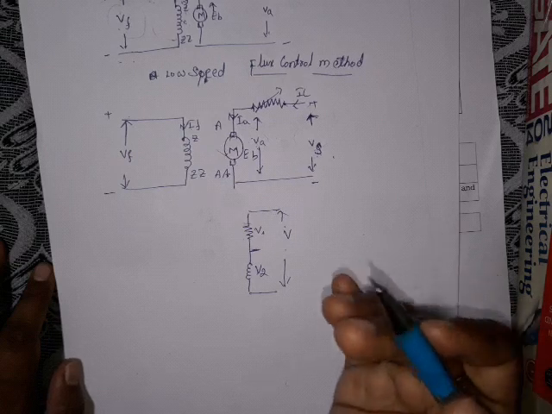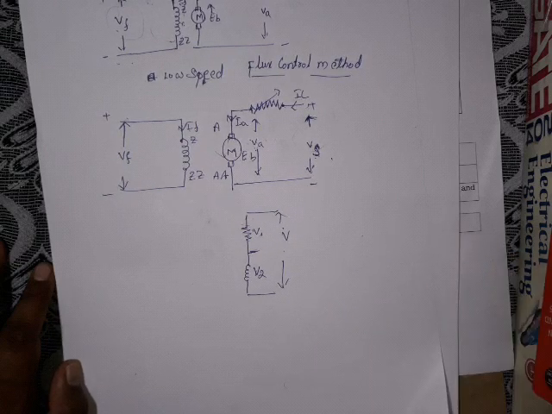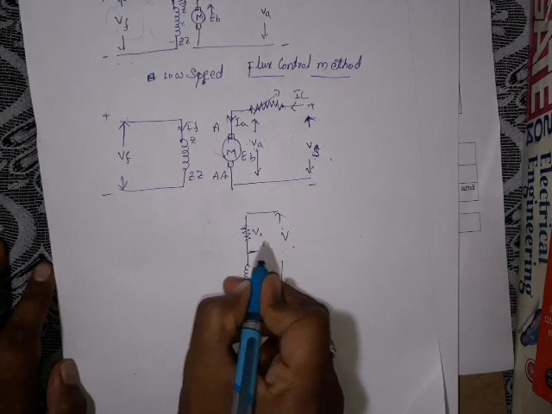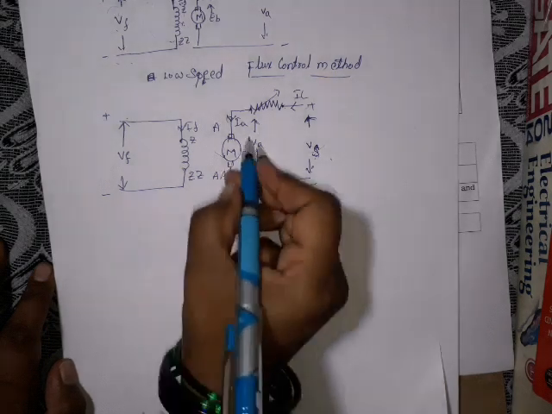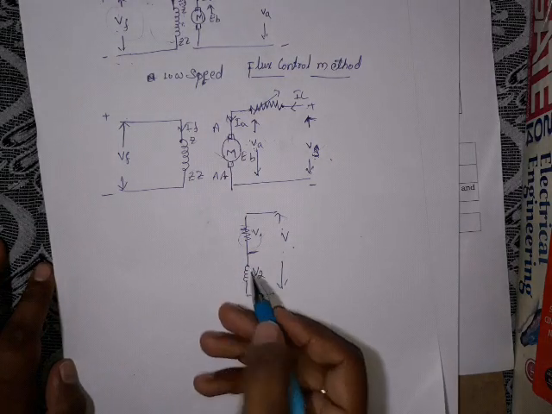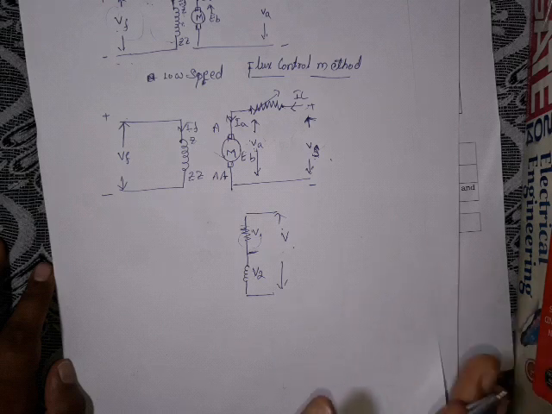When resistance increases, the voltage drop also increases. So as you increase the value of this resistance, maximum drop occurs here. Because we know that armature resistance, meaning the winding resistance, is very small. It is made up of copper. The resistance is very small.